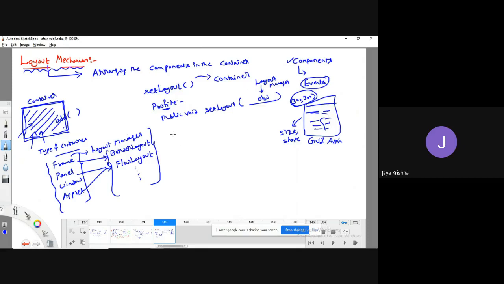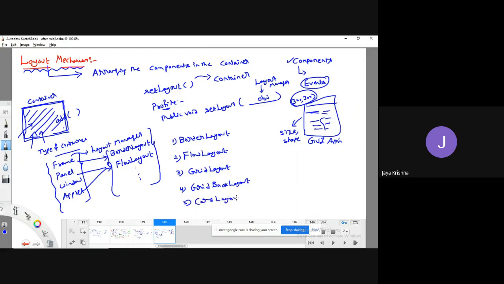So what are these various kinds of layouts? Let me take first, border layout is one kind of layout, and flow layout is one kind of layout. Grid layout is one kind of mechanism, and grid bag layout, and card layout.